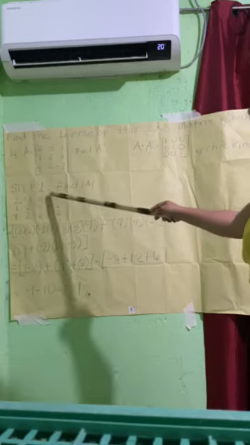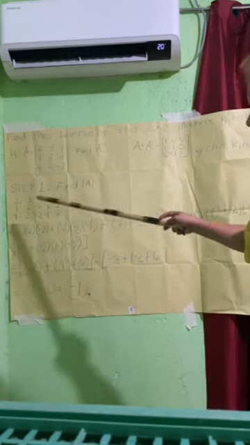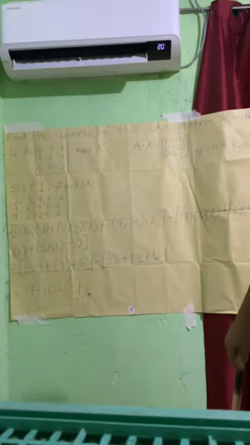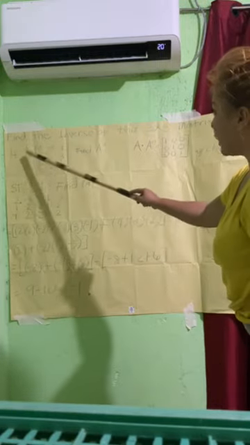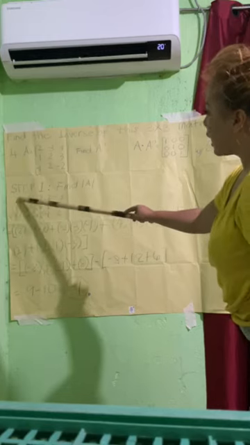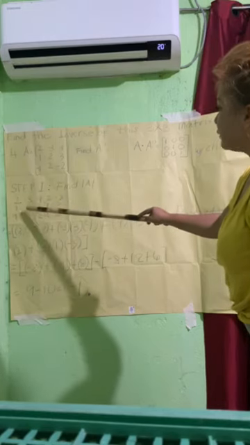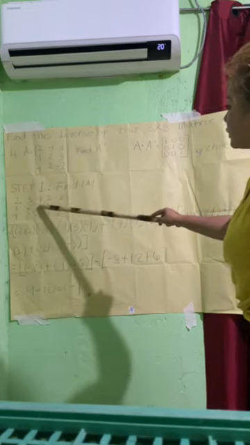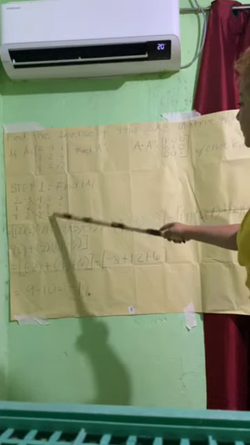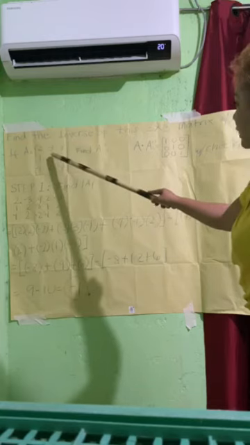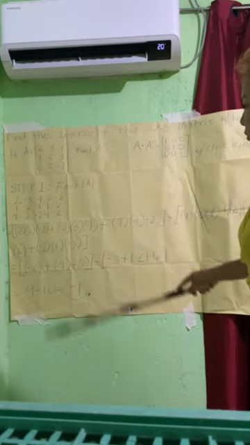Here, step 1, we have to find the determinant of A. To find it, we're going to use the basket method. We have to copy these numbers: 2, 1, negative 1, negative 3, 2, 2, 4, 3, negative 2, 2, 1, negative 1. And then we also have to add this negative 3, 2, and 2.